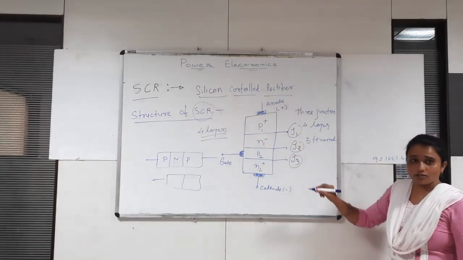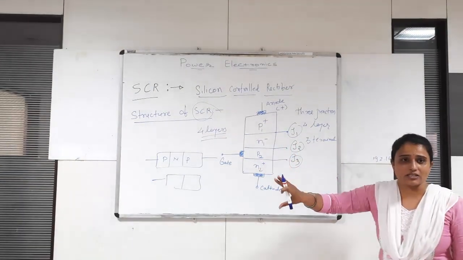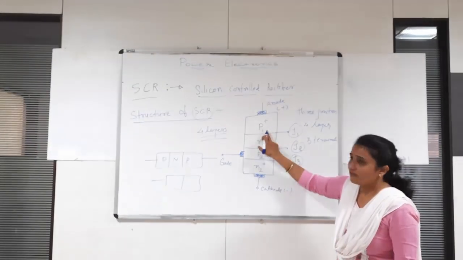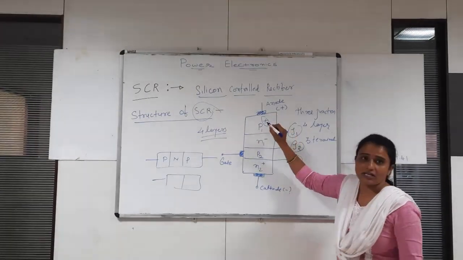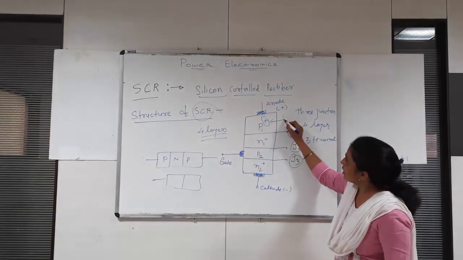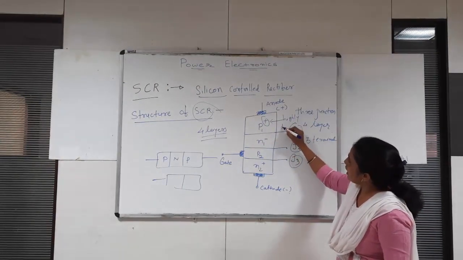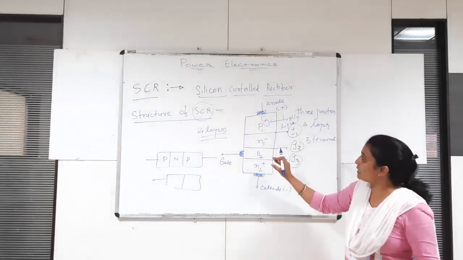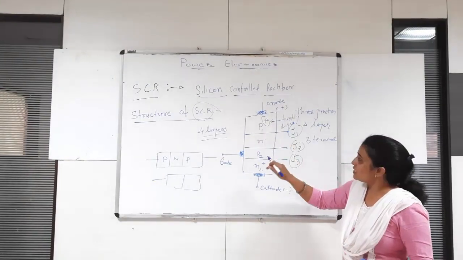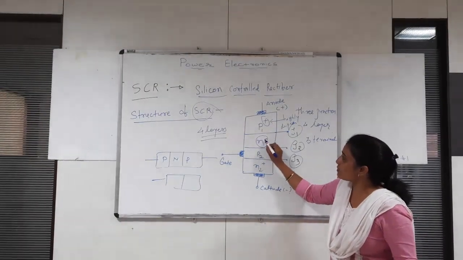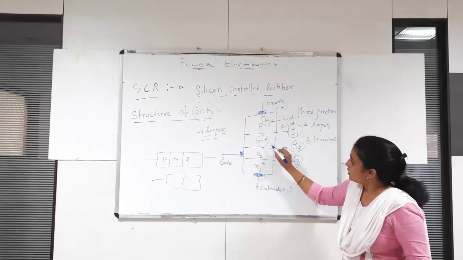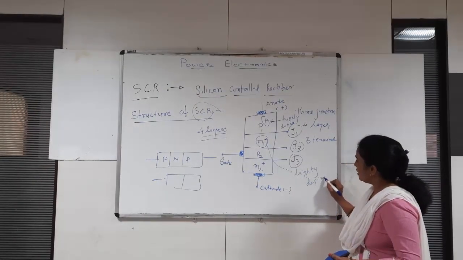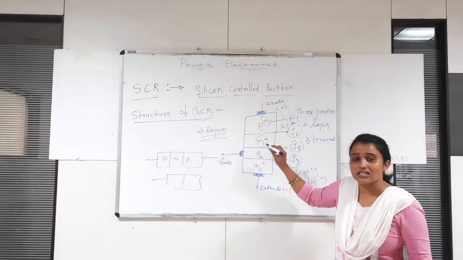Now there is a most important difference between the transistor and the diode: in SCR, this first layer, the P1 layer, has a plus sign indicated. That means it's a highly doped layer, that is, more impurities are added to the P-type material. Same way, the second layer has a minus sign indicated, which means it is lightly doped; the impurities added are very light.